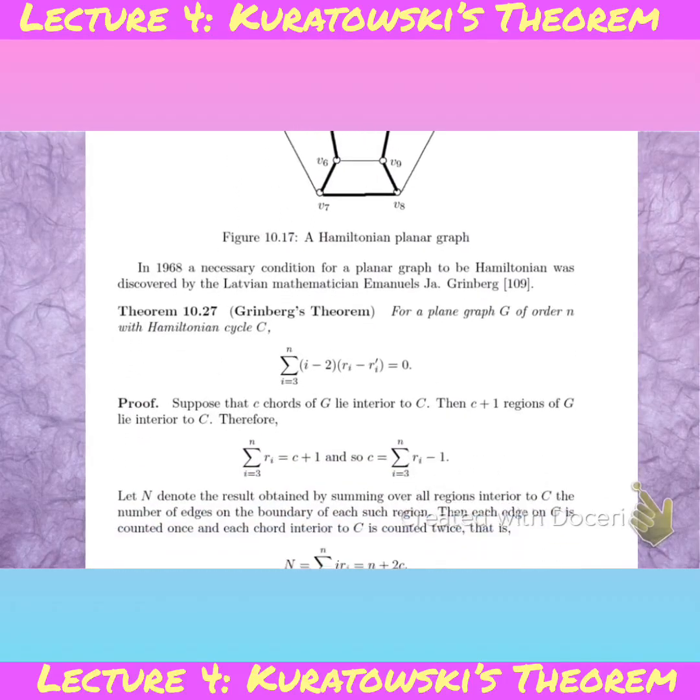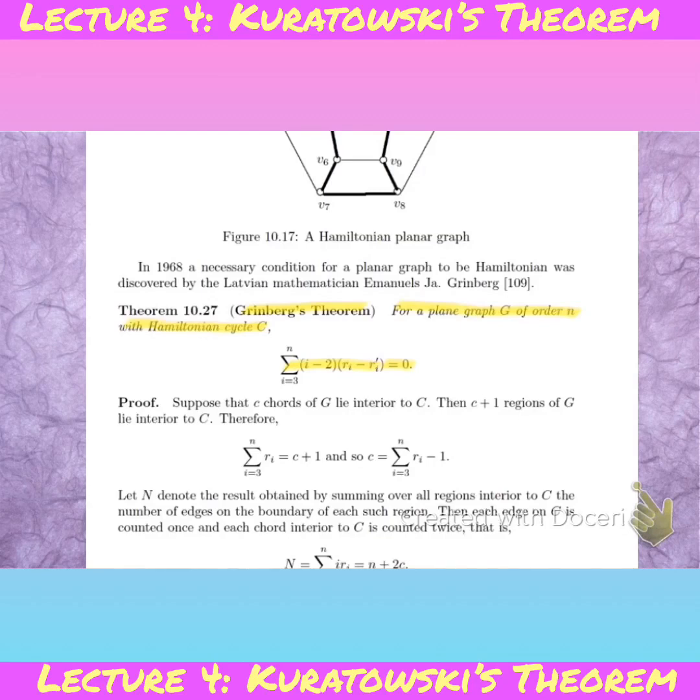Right, so that brings us to Greenberg's theorem, having all those definitions out of the way. Now, Greenberg's theorem states that if you have a plane graph that's Hamiltonian, and it has a Hamiltonian cycle C, then this sum is always equal to 0. Now, this is not difficult to prove, but it's a very useful result in proving that some relatively complicated graphs